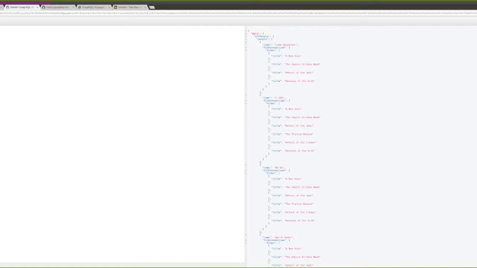So as you can see here, on the left-hand side, we have the GraphQL query. It might look a little bit funky to you because it is somewhat JSON, but also somewhat not. I like to think of this query as JSON without the values. So on the left-hand side, we are essentially providing the keys of the JSON that we want to get in